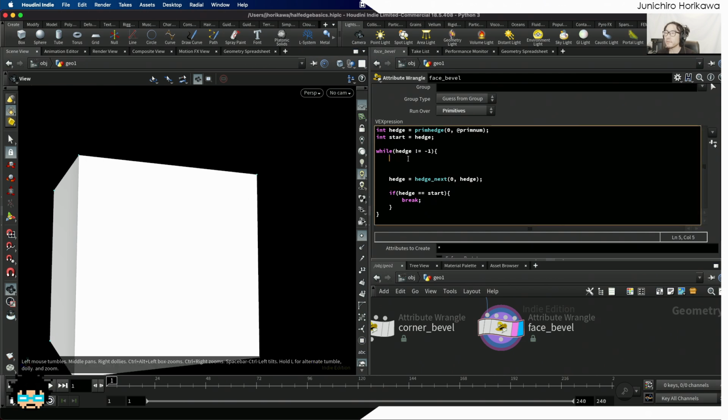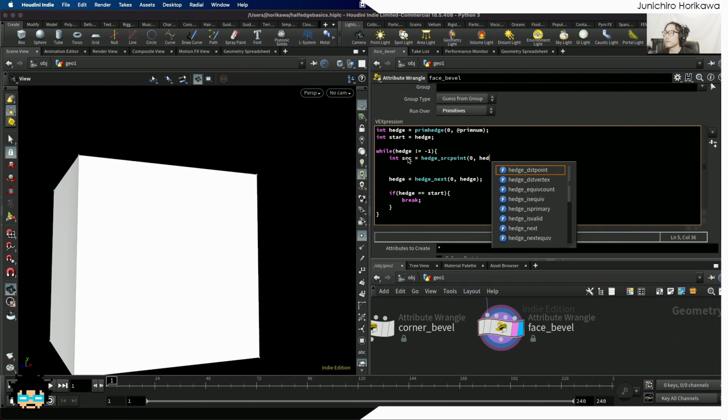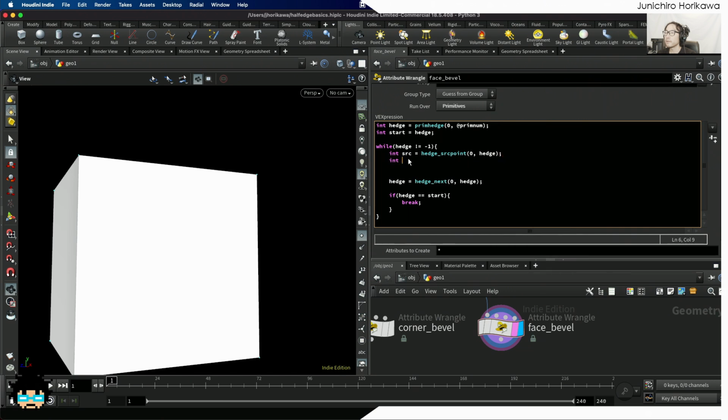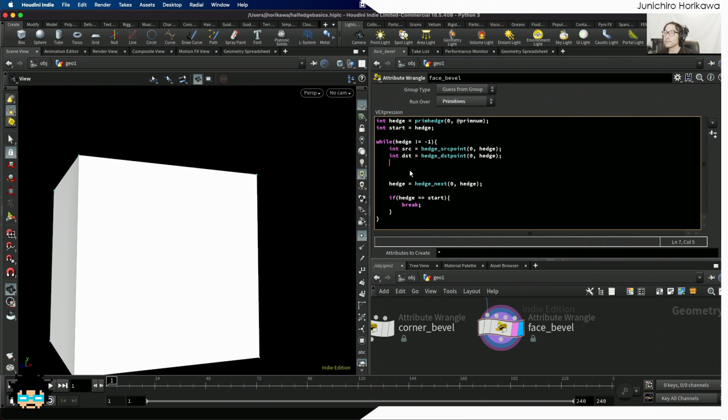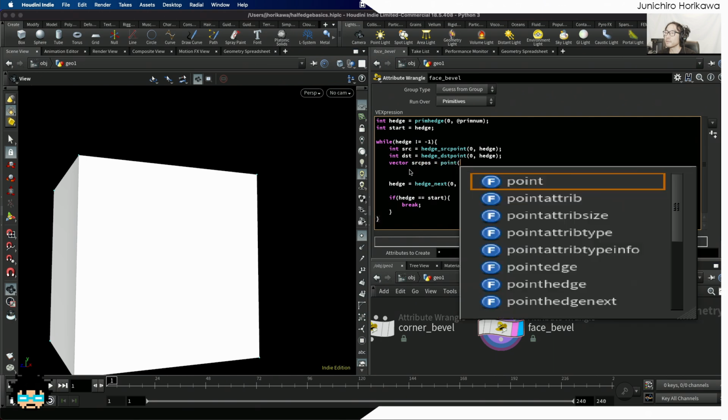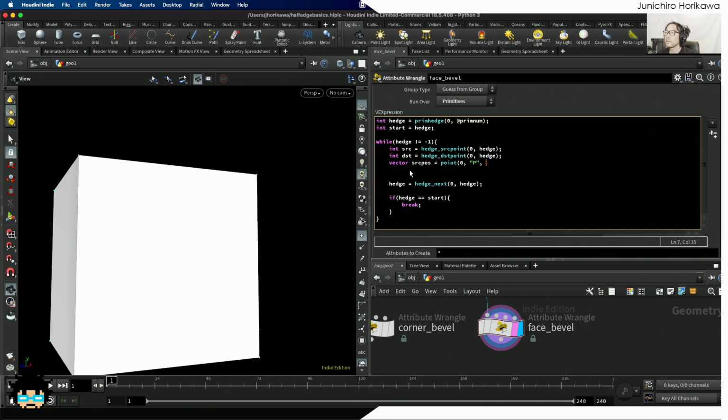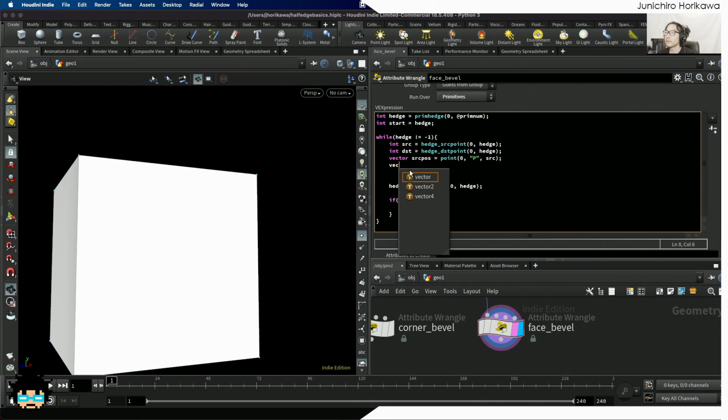So you can use hedge source point to retrieve the source point number, and hedge dst point 0 hedge to get the destination point number, and then you'll be able to get the position as well for the source and destination using point 0 p at source vector source destination position point